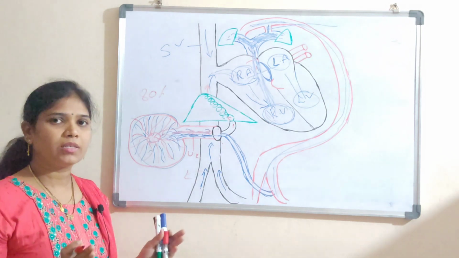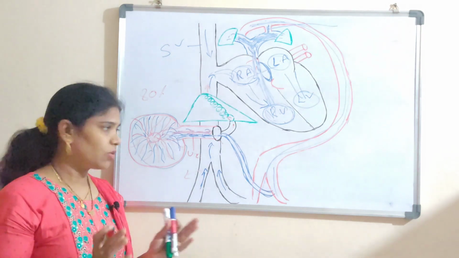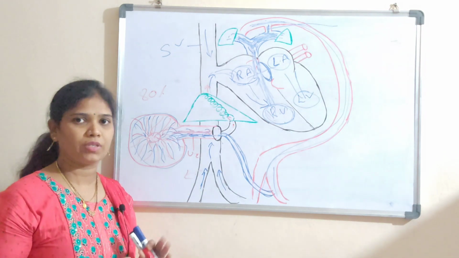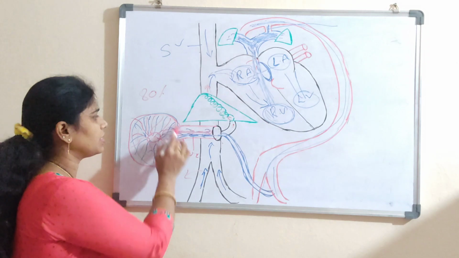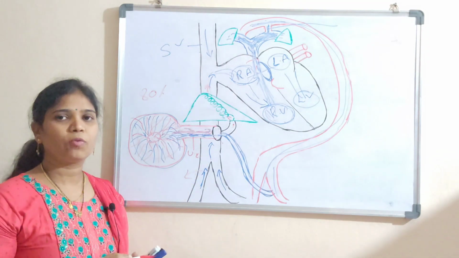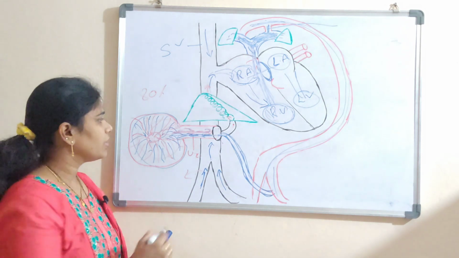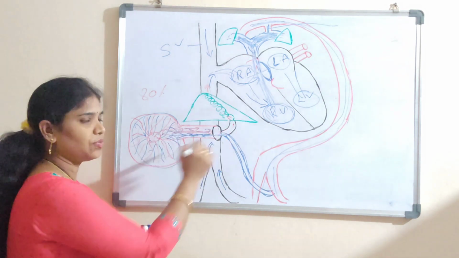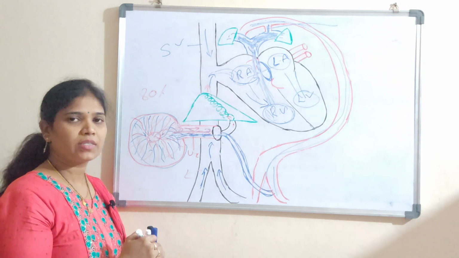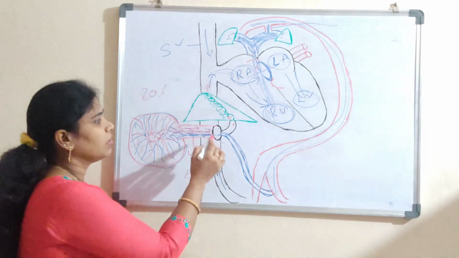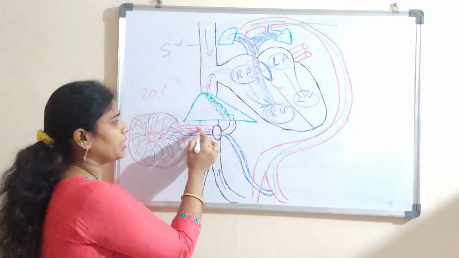The umbilical cord has attachments on two sides, one with the placenta and another with the fetus. In the umbilical cord, there is one umbilical vein. This umbilical vein carries oxygenated blood from the placenta to the fetus, and this O2 blood enters